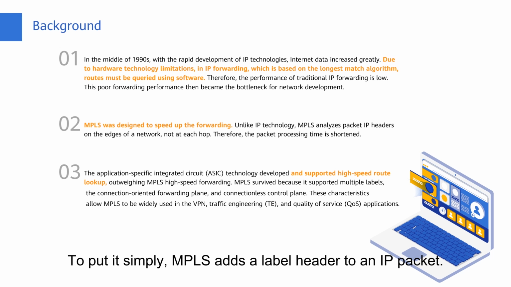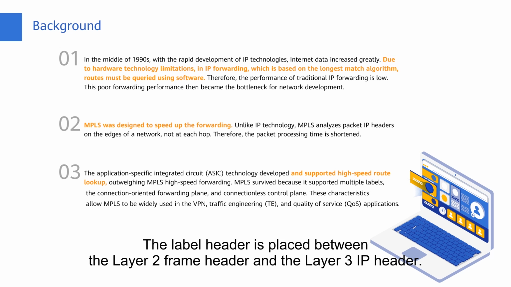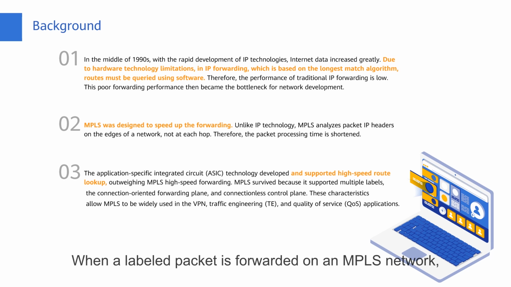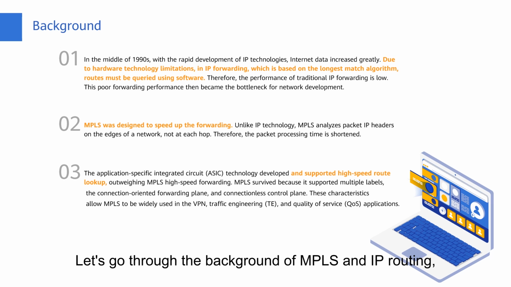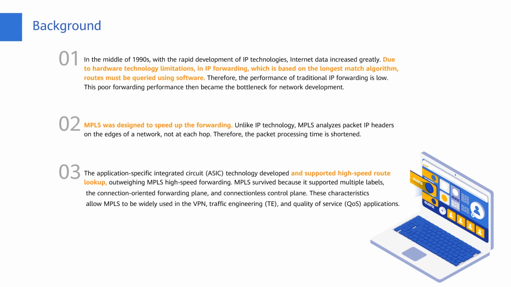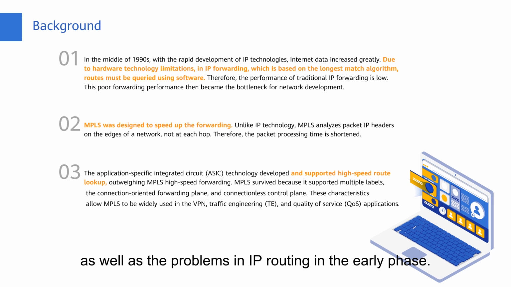To put it simply, MPLS adds a label header to an IP packet. The label header is placed between the Layer 2 frame header and Layer 3 IP header. When a labeled packet is forwarded on an MPLS network, devices merely need to check the label value in the label header. Let's go through the background of MPLS and IP routing, as well as the problems in IP routing